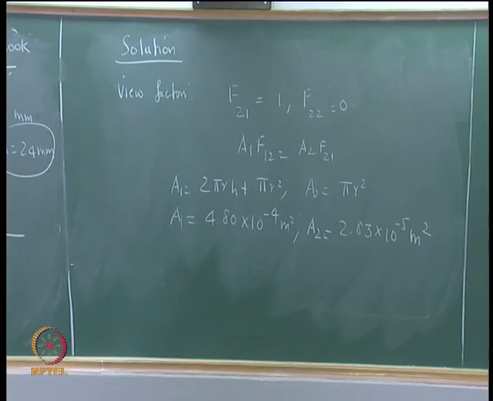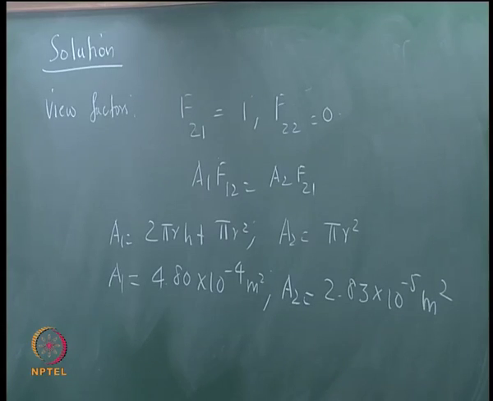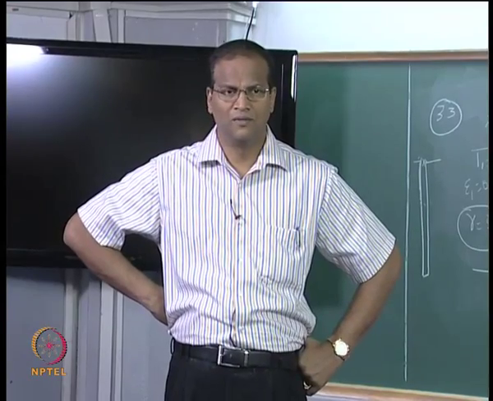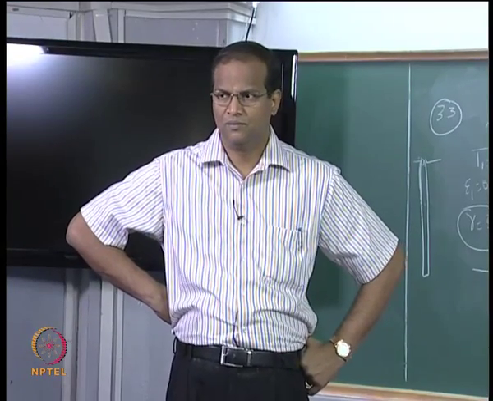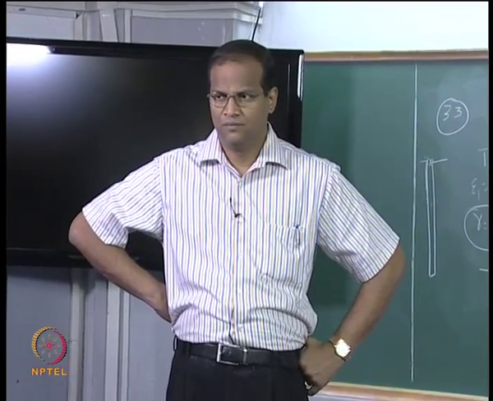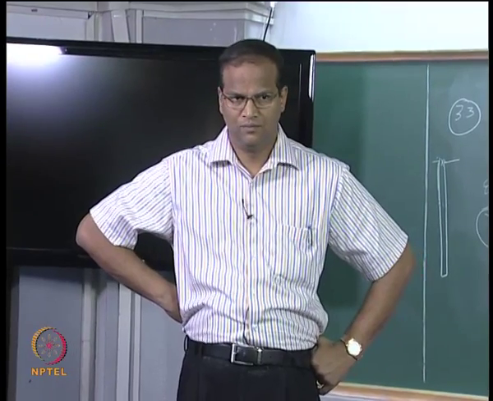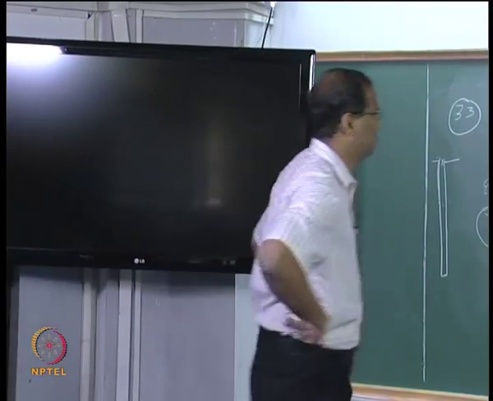Samarjit, is it okay? Calculated? Just check A2 first. Tell me if I made a mistake. Just 2 pi r square, right? Fine? Okay. So,